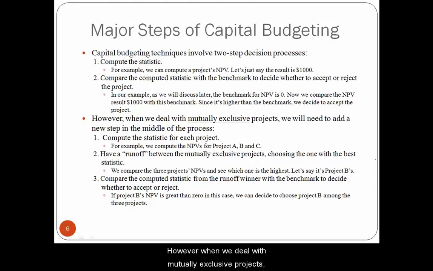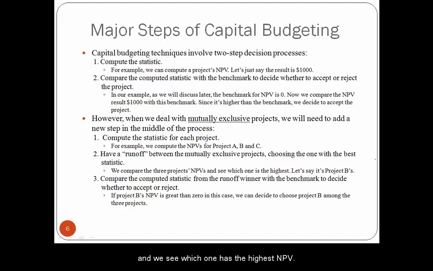However, when we deal with mutually exclusive projects, we'll need to add another step in the middle of the process. We will have to compute the statistic for each project. So for example, if we have project A and B and C, we can compute NPV for all of them. And then we will have to have a runoff between the mutually exclusive projects and choose the one with the best statistic. So that is, we compare the NPV among the 3 projects and we see which one has the